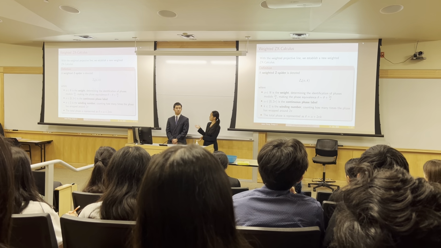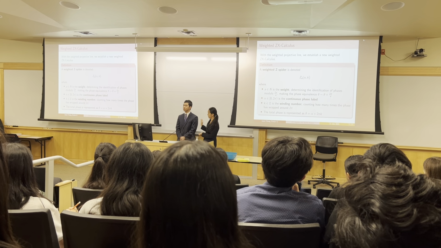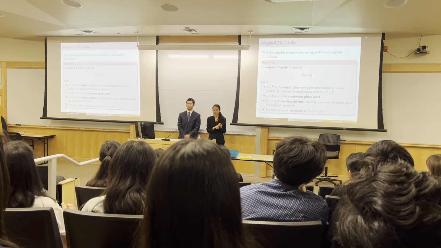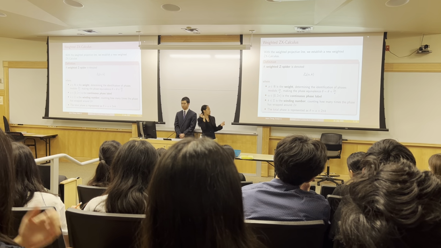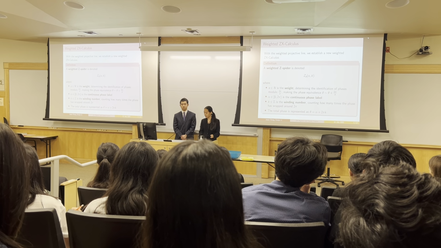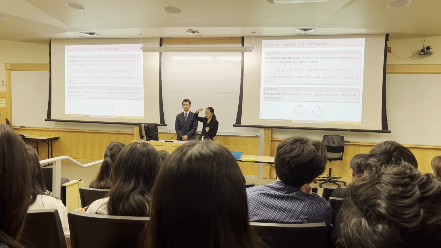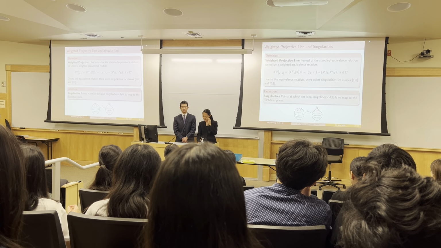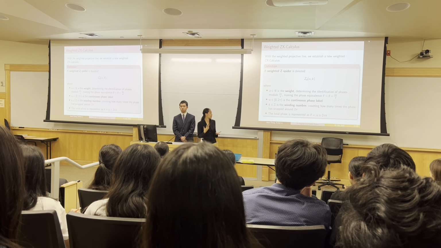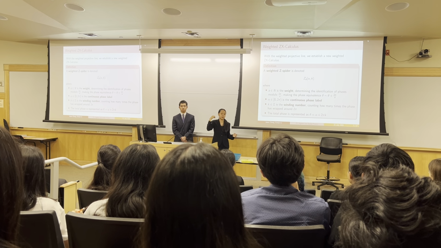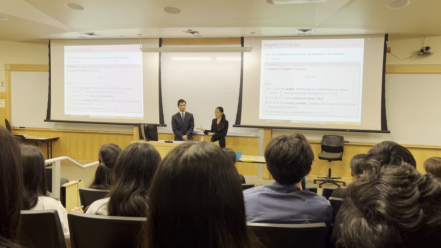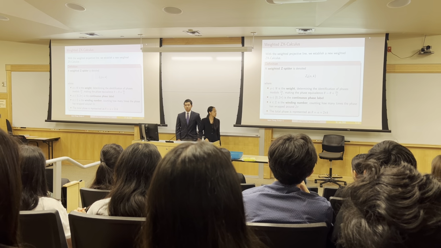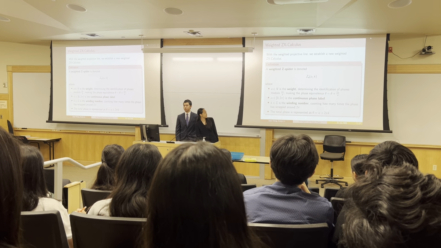So with the weighted projective line, we also want to establish a new weighted ZX calculus. A weighted Z-spider is denoted as the following, and the two new things that we introduce are the weight, which is the phase equivalence modulo 2 pi over a, like in the diagram on the previous slide. After 2 pi over 3 degrees of rotation, it restarts, so that is why the phases are equivalent. Then we also introduced the winding number k, which counts how many times the phase has wrapped around 2 pi, so we can keep track of how many full revolutions have happened. Because of this definition, our new total phase is represented as theta equals alpha plus 2 pi k.